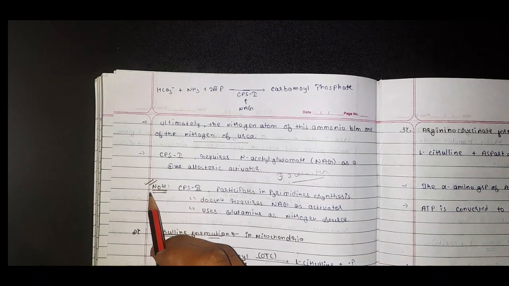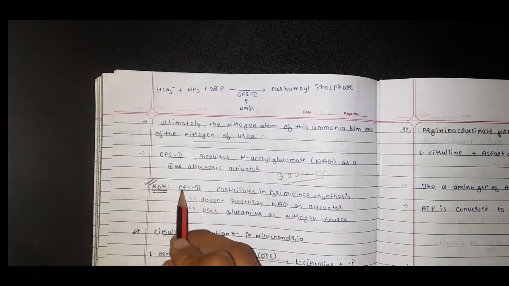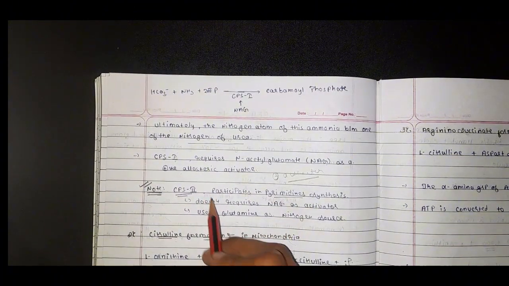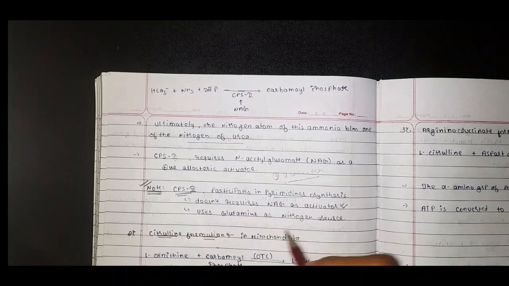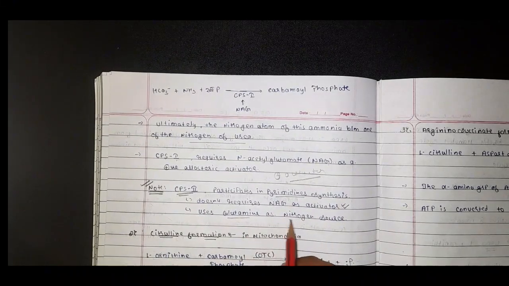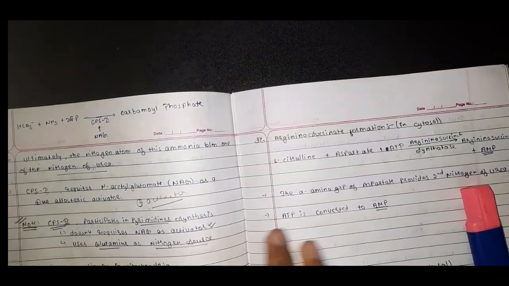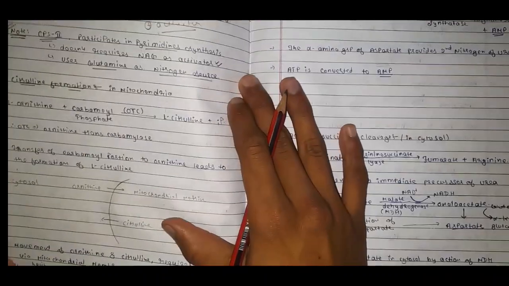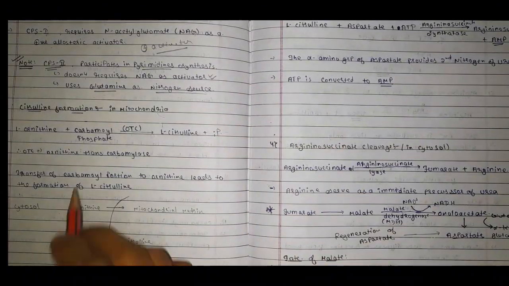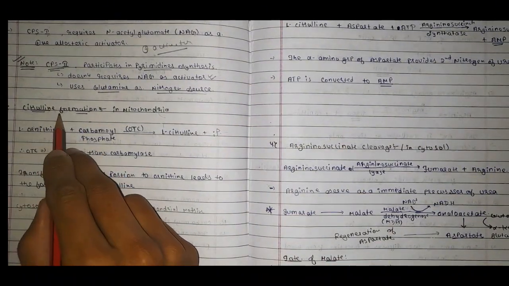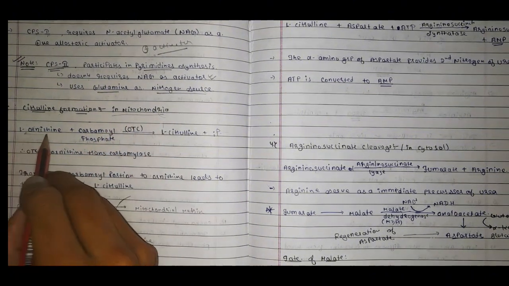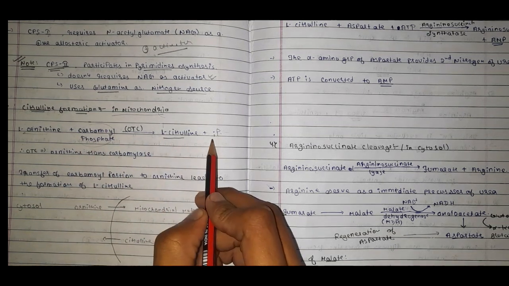And we further move to another enzyme, that is CPS2. CPS2 participates in pyrimidine synthesis, which doesn't require NAG as an activator and uses glutamine as a nitrogen source. The second reaction of urea cycle is citrulline formation. Citrulline formation also takes place in mitochondria, in which L-ornithine reacts with carbamoyl phosphate to form L-citrulline and inorganic phosphate